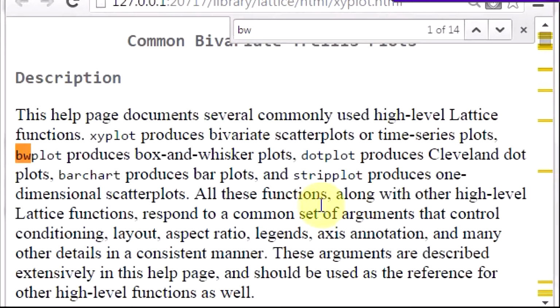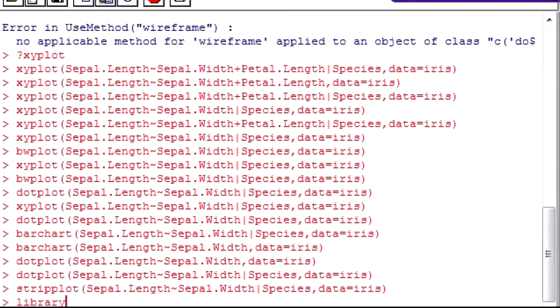Strip plot produces one dimensional scatter plots. XY plot is meant for bivariate scatter plots or time series plots. Right? This is the lattice. Let's come to the ggplot library.